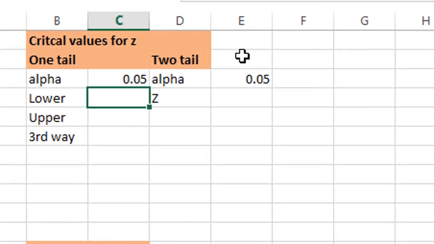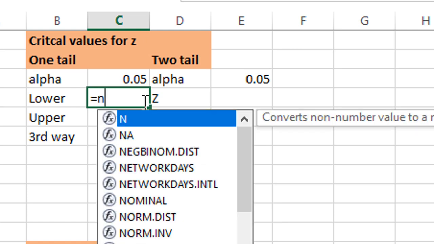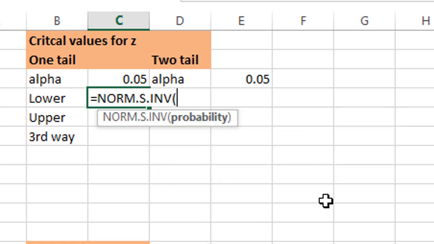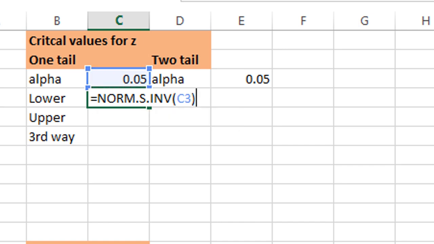So coming to the calculation part, if we have to calculate the critical value for a Z test at an alpha level, for the left tail side, what we have to do is just place an equals to sign and NORM.S.INV. We have to use the inverse area table, because when we are given the probability and we have to find the Z score of that probability, we have to use the inverse function. So Excel is doing the same. The argument is only probability, so we select the probability, that is 5% level of significance, and click.